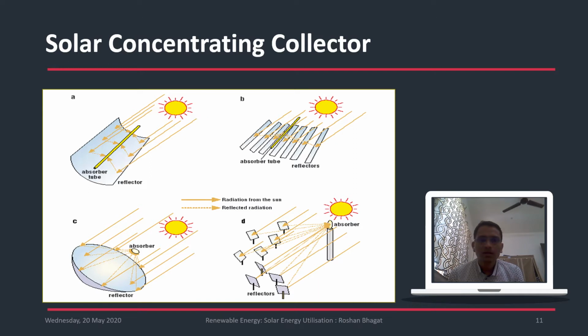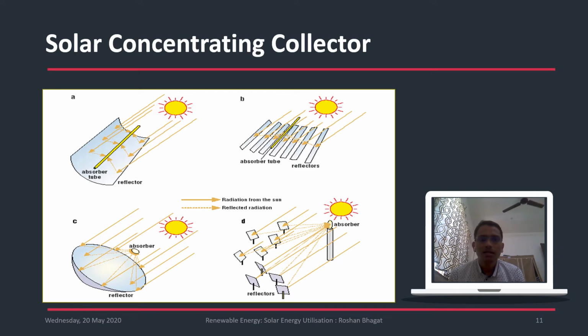The solar collectors are not only of the flat plate type; there are also concentrating type collectors. Here are some arrangements which show the concentrating type of collector. If you observe the first one, in a concentrating collector the absorber surface is different and the reflector surface is different. This was not the case with the flat plate collector. You require a highly reflective surface in a concentrating collector, whereas in a flat plate collector you require highly absorbing surfaces. This is the basic difference between a concentrating collector and a flat plate collector.